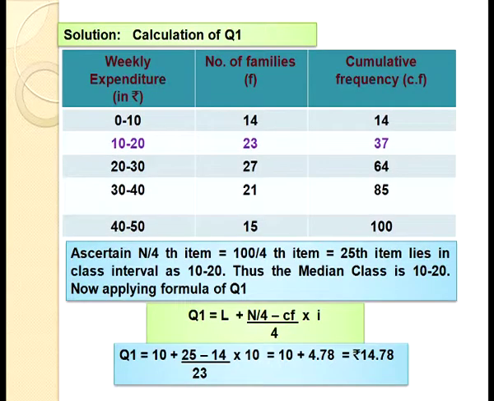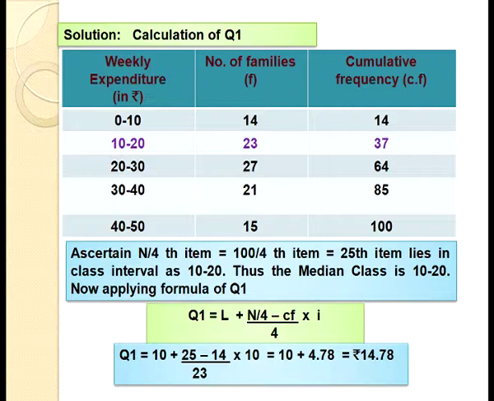So students, we now know how to compute quartiles, that is Q1 and Q3. What are the steps? Now let's see with the help of an example what we have learned. In this particular question, as you can see, the wages have been given to us. The data is already arranged in ascending order. So the first step, arranging the data in ascending order, is done. The next step, we have made a column for cumulative frequency.